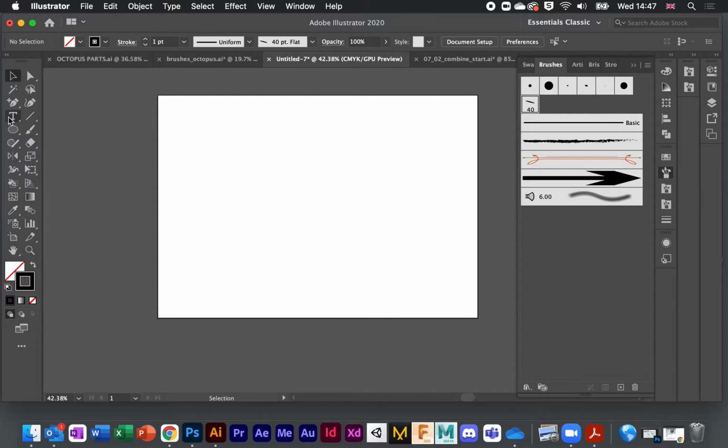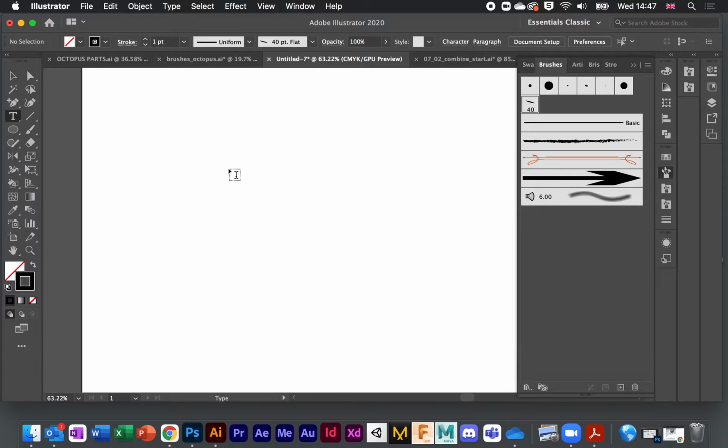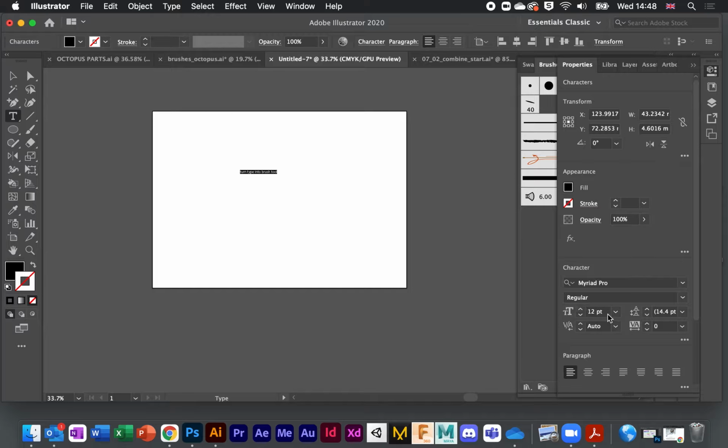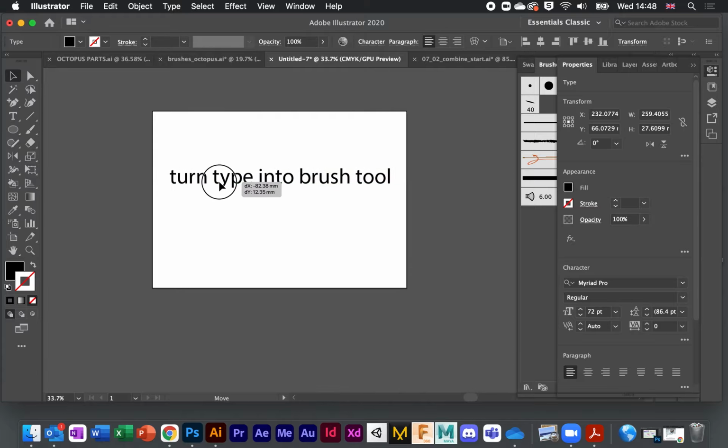You can turn type into a brush tool, which is nice because the type settings are often quite limited. So I'm just going to type a thing. So using the T icon there, and I can just go into the properties menu and make that much bigger. Okay, and with it selected with the black arrow,